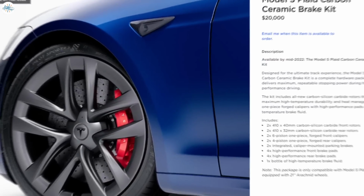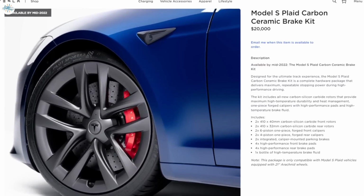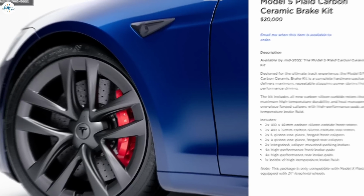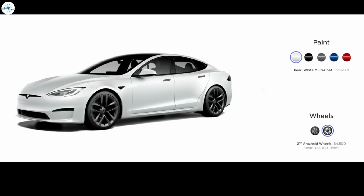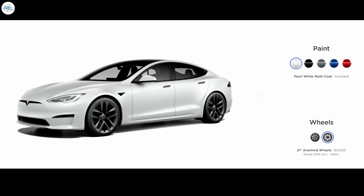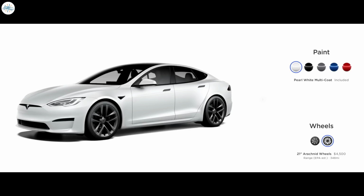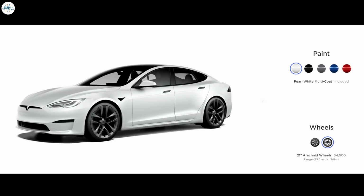Tesla launched a Model S Plaid carbon ceramic brake kit in its shop recently. The ceramic brake set costs $20,000 and will be available to order by mid-2022. The ceramic brake set is only compatible with Model S Plaid vehicles fitted with 21-inch arachnid wheels. The Plaid comes free with the 19-inch Tempest wheels, while the 21-inch arachnid wheels cost an extra